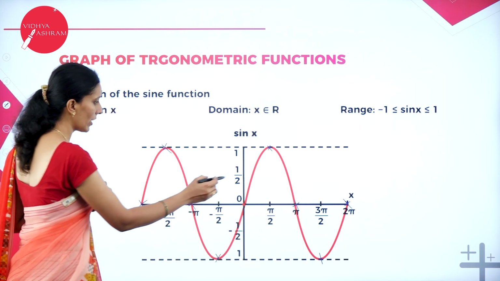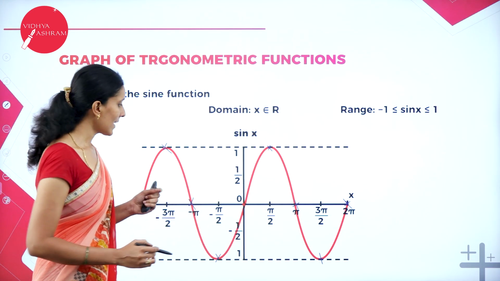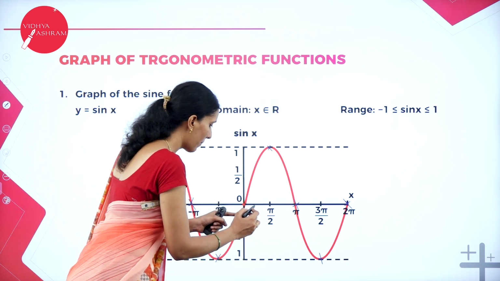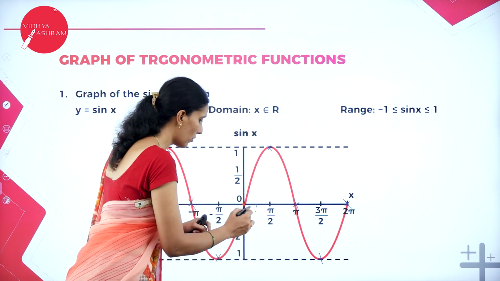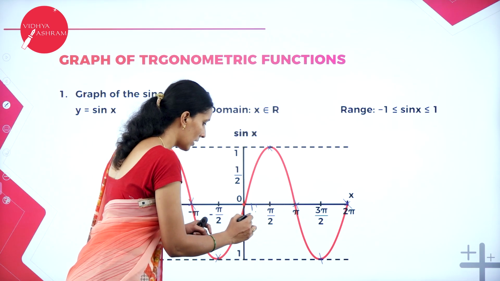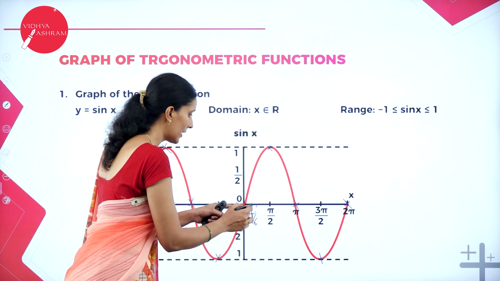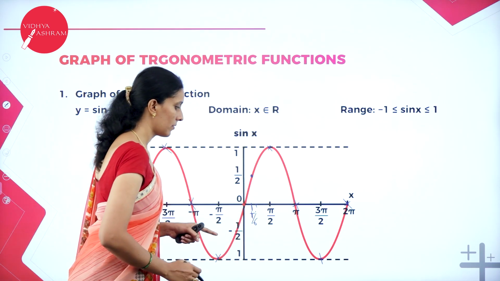And for the rest, we can say sine 30 degree. You take sine 30 degree. So you can take this as pi by 2. So therefore, here it is pi by 4, and 30 degree somewhere here, that is pi by 6. For sine 30 degree, your value is half.